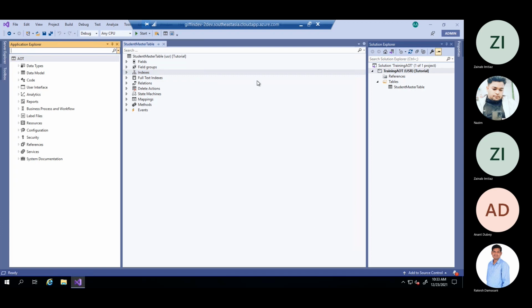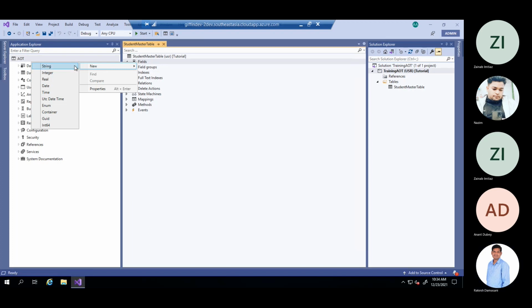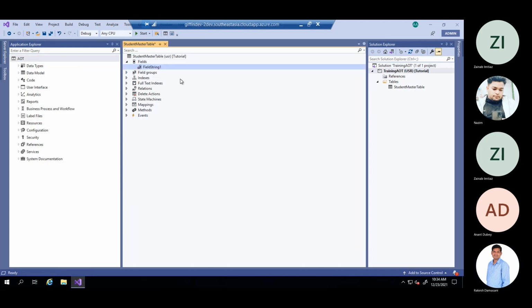Okay. In this student master table, I want a student name. I will right click on the fields node, new, and student name. Student name will be of type string. So I will select new and say string.